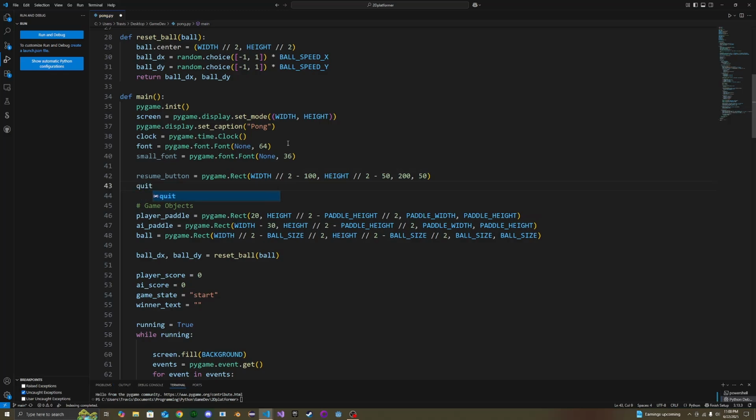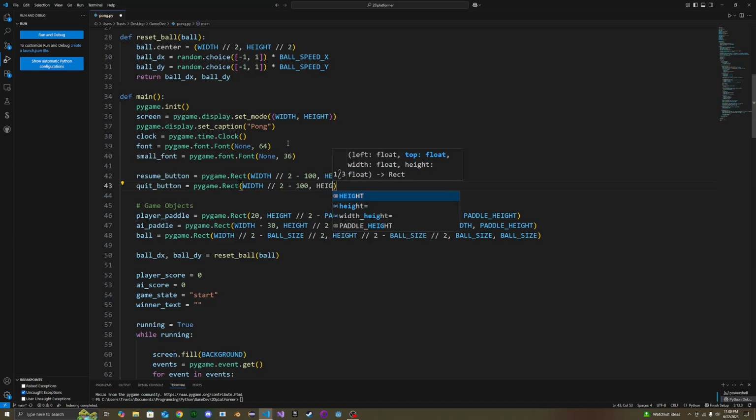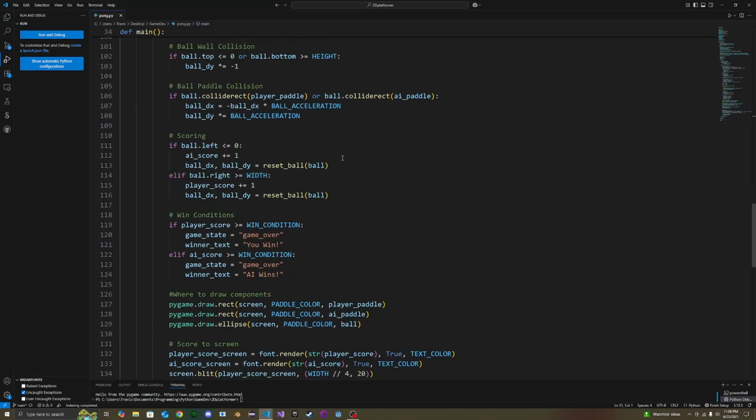And our quit button will be very similar. Same width and height. The only difference here, well, we're setting the position. We're pushing it 20 pixels down, but otherwise it is going to be the same thing. All right. So now we can come back down